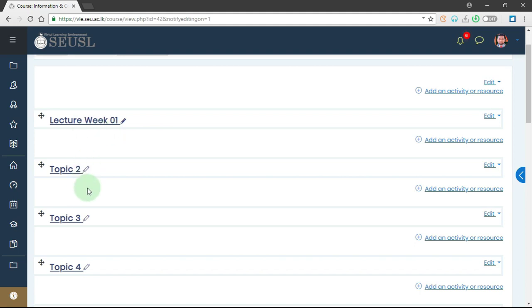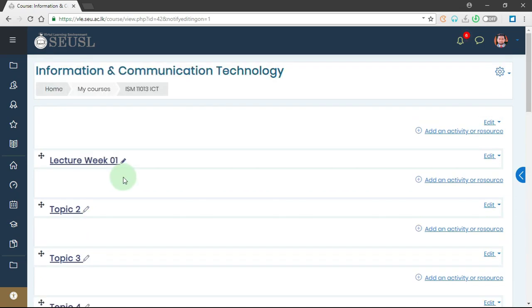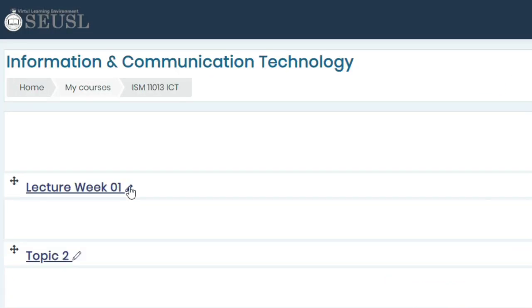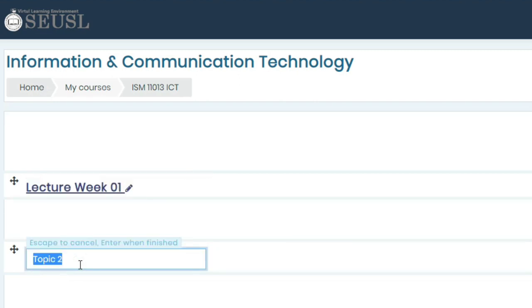Like this, I want to repeat the task for all 15 weeks. To repeat the task, I'm going to click again on this pencil icon. I'm going to press Ctrl C, then click on the topic 2 pencil icon, then Ctrl V. Then I'm going to change this number 1 into 2.